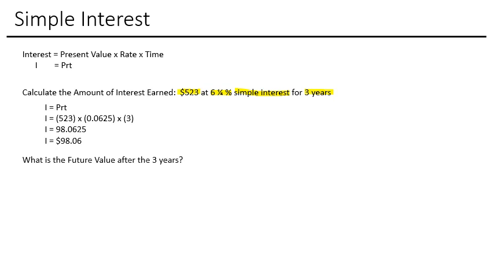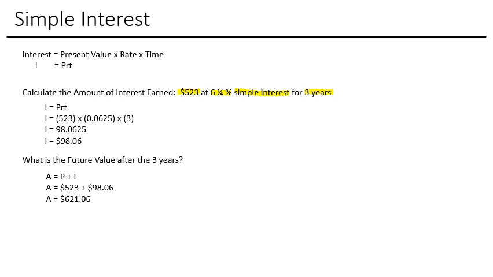So what would be the future value? Let's say that this was a small CD that you put in. What would be the future value after 3 years? A lot of times you will see future value written as A, and that's the amount, or the future value, and it is equal to your present value plus the interest that you earn. So we can plug those in. Our present value was $523. After 3 years, we found that it earned $98.06. So we add those two together and you get